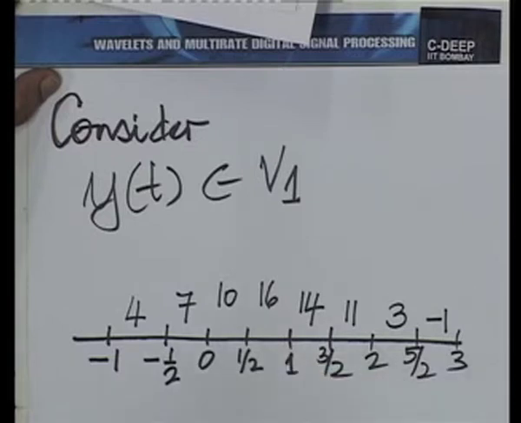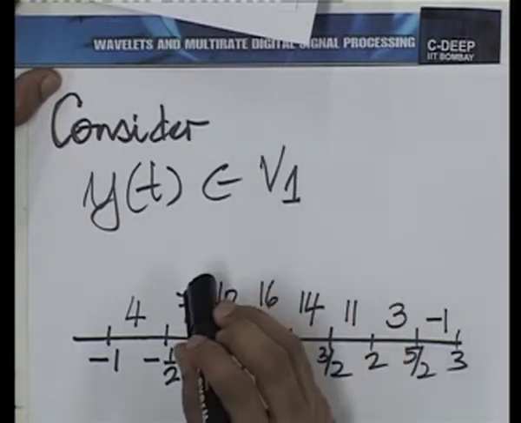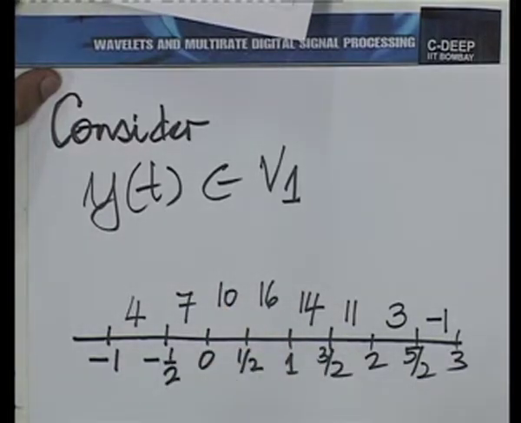Anyway, our correspondence has become deeper and deeper, and whatever we have been doing with the functions, we discover can now be done with the sequences. Now, the next step is to ask, can we also think of decomposition in terms of decomposition of the sequences? So, for example, let us go back to that function in V1 that we had a few minutes ago. We had this function in V1, and we could then decompose V1 into V0, the orthogonal sum of V0 and W0.